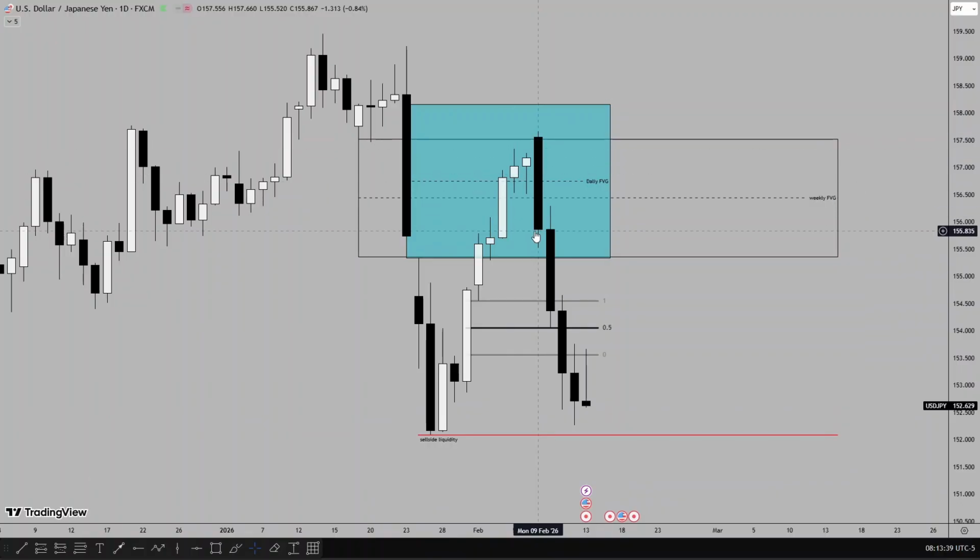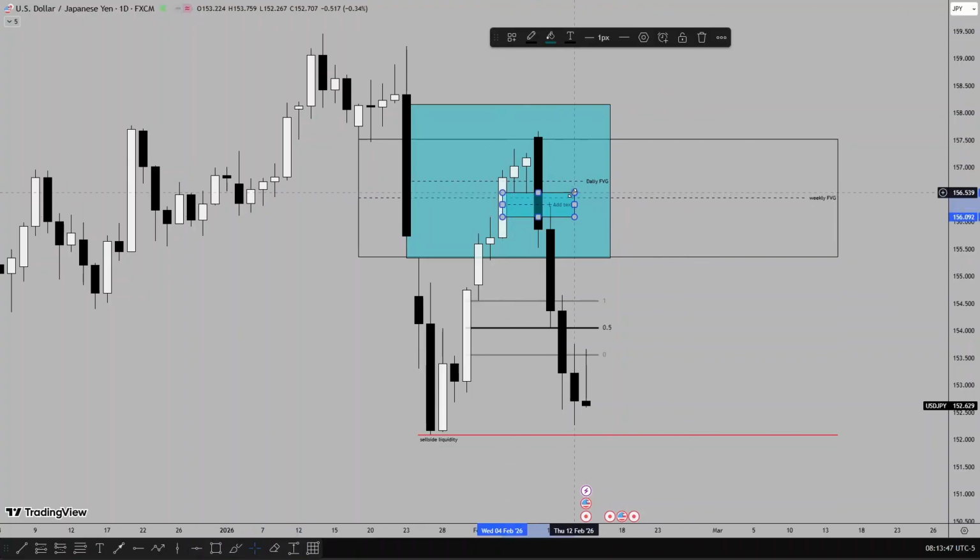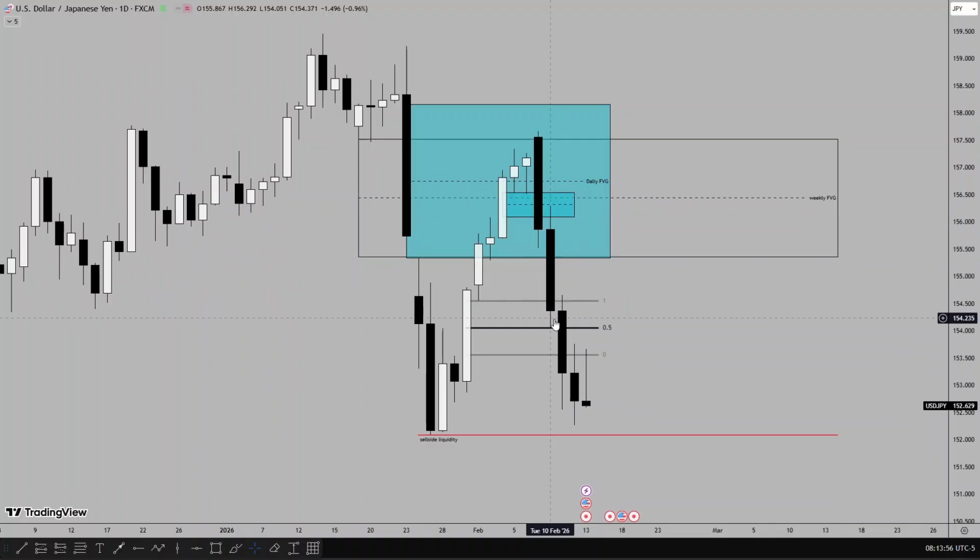On Monday, price traded lower, traded through the daily fair value gap. Tuesday, price used the daily fair value gap as an inversion fair value gap and traded lower to the mid range of this fair value gap, which was my first target. Wednesday, it filled in the daily fair value gap. Thursday, price traded lower and came close to the sell side liquidity, and on Friday, it stayed within the range of Thursday's range.